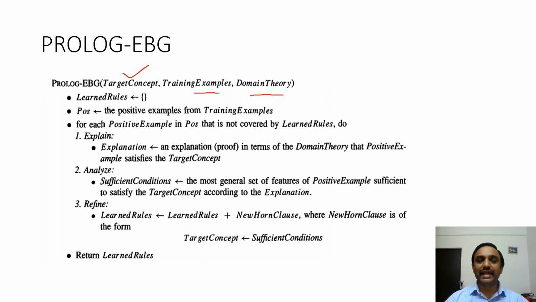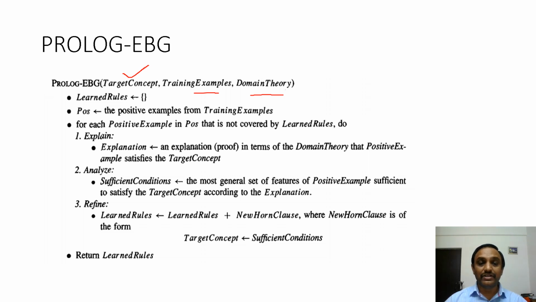Initially our learned rules is the empty set. Then POS is the positive set of examples, all positive examples we are taking from the training data. So for each positive example not covered by the learned rules,